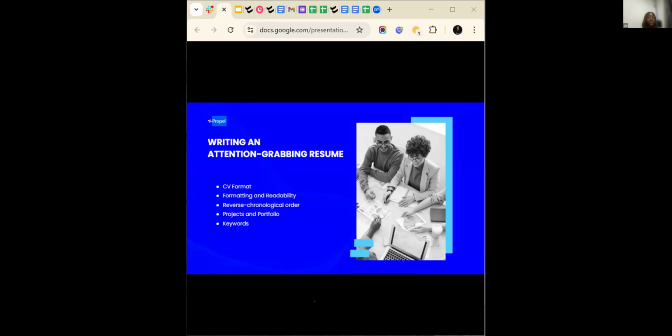I'm not saying you should fabricate. I'm not saying you should put what is not right, but look at the job description against the skills you have, and then update your CV in that regard. Now, for work experience, it should be detailed. It should be descriptions of your past roles, your responsibilities, and your achievements.